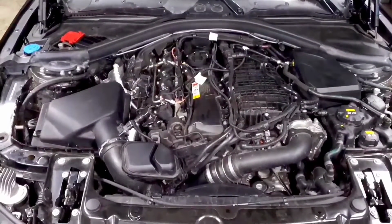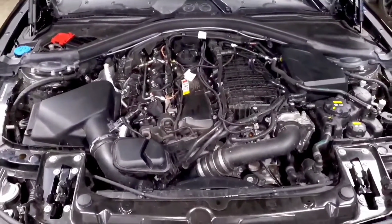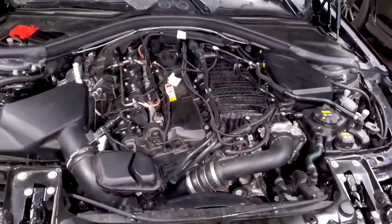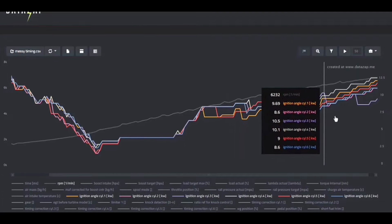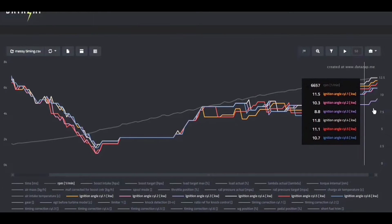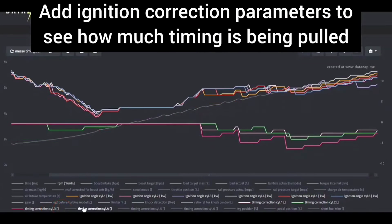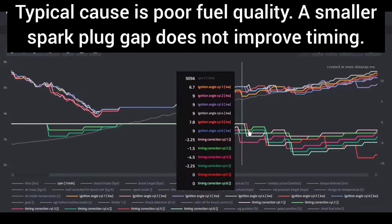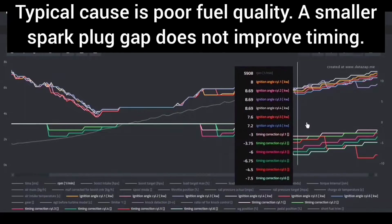Now, there are a lot of other things that influence the actual ignition timing, like heat and boost pressure and things like that. But in a general concept, that's what you should be looking for. Now, sometimes you'll get what is called ignition pull. And what that is, your ignition advanced too much or something in the DME sensed that you couldn't run that much timing, and it reduces it. And that'll be shown as kind of a drop in ignition timing. If there's a lot of ignition timing drop, that's something that you probably want to investigate. And any time that you see more than like 3 degrees of ignition drop,